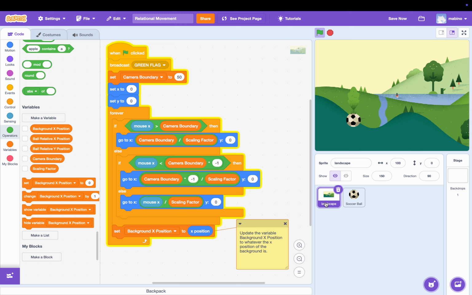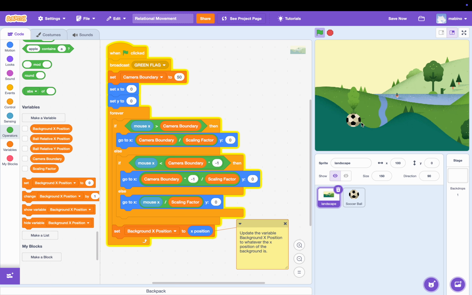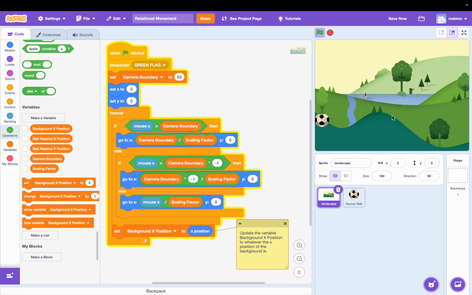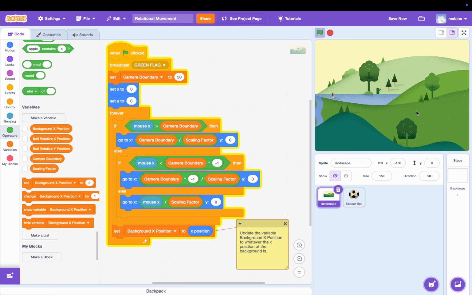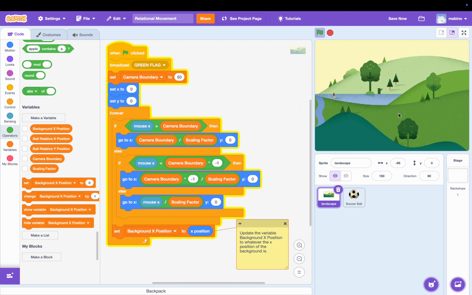So this might be a simpler way to get the background to follow your mouse while keeping something in the same position and then causing it to go off screen. This is my background, the landscape, and this is all the code that operates the landscape so we can move